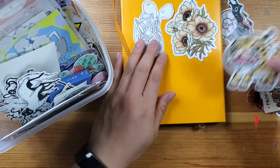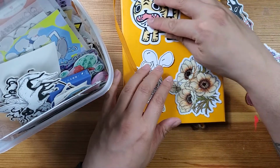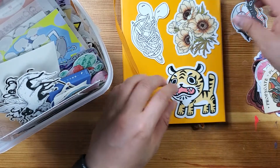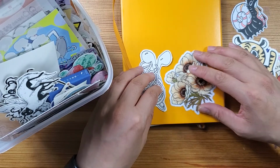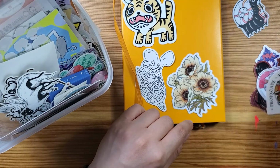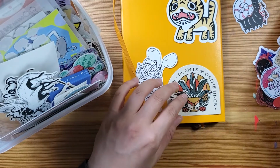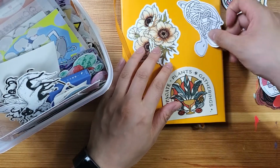sticker from a zine collective that I used to run, or rather, I still run it, but we haven't had the opportunity to table recently, because of the pandemic. So I'm hoping that we can start tabling again once things open up again. I know that there's a couple of online zine fests, but I really like being there in person and meeting people, basically knowing who is buying my art. It's something that you don't get very often, especially as an internet artist,